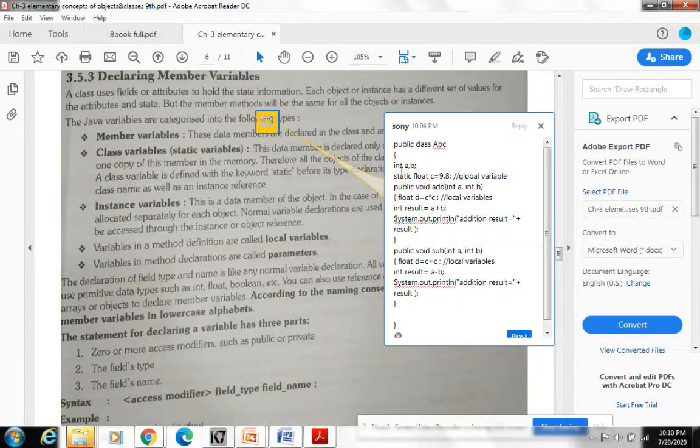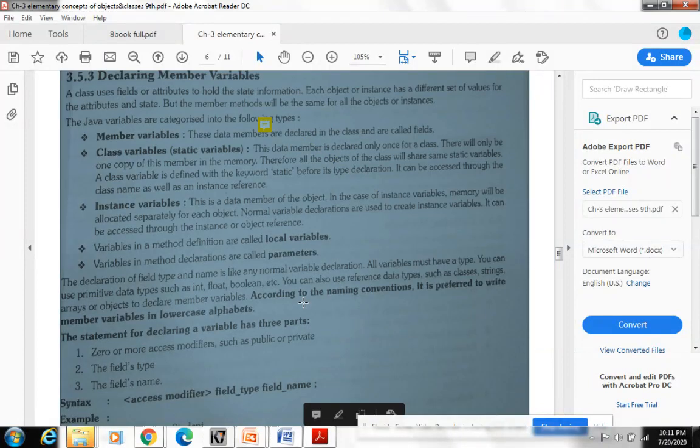But if I use AB here and AB here also, then it will be a conflict that cannot be solved. But if we use the variables in different methods, these are known as local variables. These are visible in these methods only.